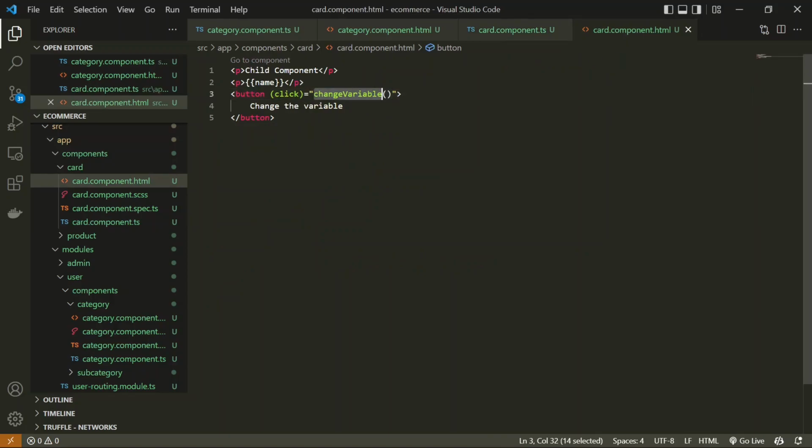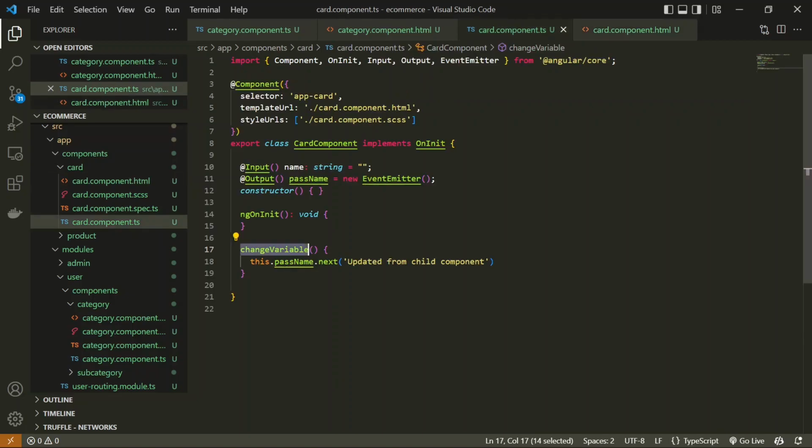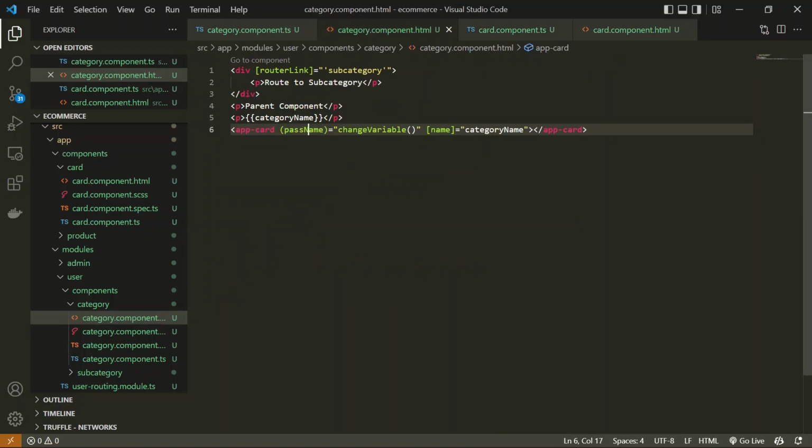Whenever I click on this, it will call this function, and this will call the event emitter, and the event emitter will trigger an event. This event will be caught in the parent component. Whenever this event is called, we are going to call this particular function, and we have to pass this variable. So we haven't done that.